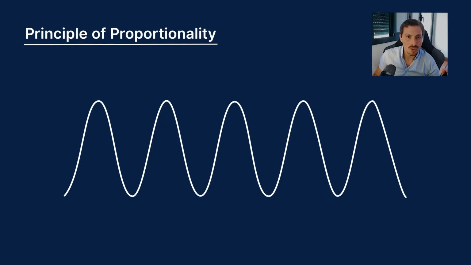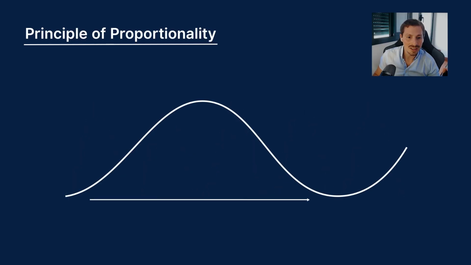The principle of proportionality, in my opinion, is a little obvious. Let's say there's a 4-year cycle in a market. Obviously, that is more impactful to price action than a 20-day cycle. Why? Because it's longer. And this is what the principle of proportionality states. The shorter the cycle, the less it will move. The longer the cycle, the more it will move.